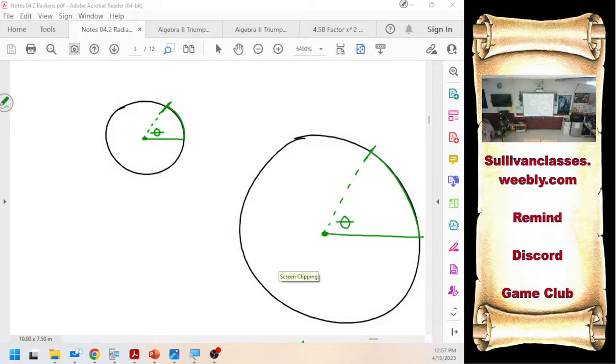Where radians are nice is, normally we're talking about degrees as a portion of 360. I would write that as a coordinate, an x and a y. I'd have to have multiple measurements. A radian allows everything to be self-referential. Everything in it is dependent on that length of radius. And, fun part, that radius